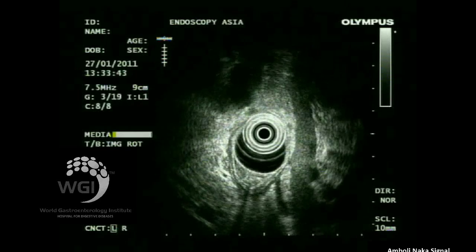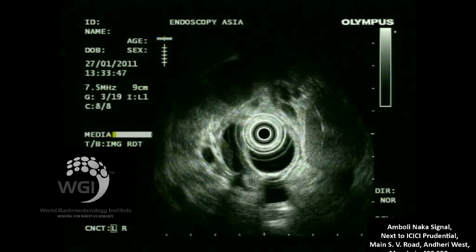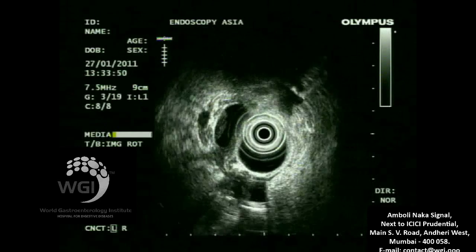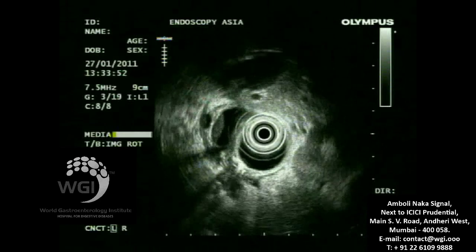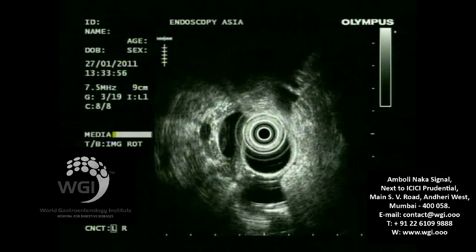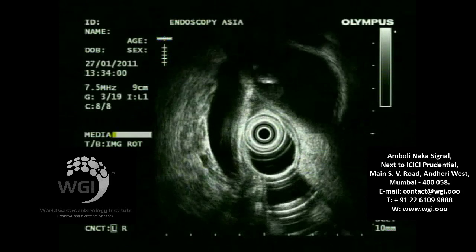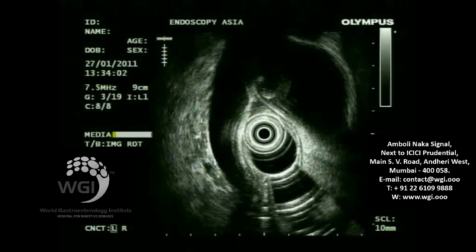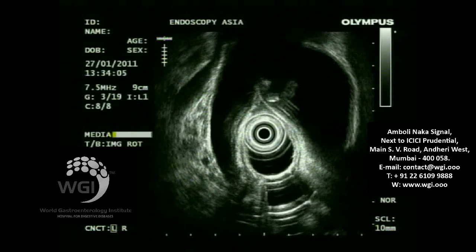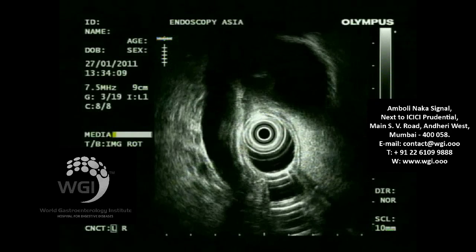A 72-year-old female was referred to us for EUS and ERCP for suspected lower CBD block and cholangitis. Ultrasound was just showing a dilated bile duct with gallstone disease. So we did EUS. You can see once we position ourselves in the D2, we gently withdraw, and you can see the entire length of the bile duct in the cross section here,